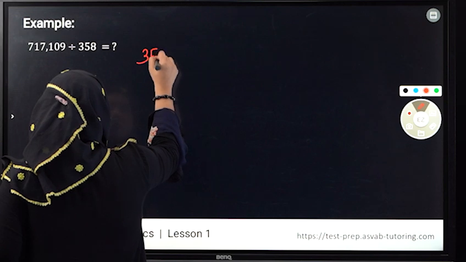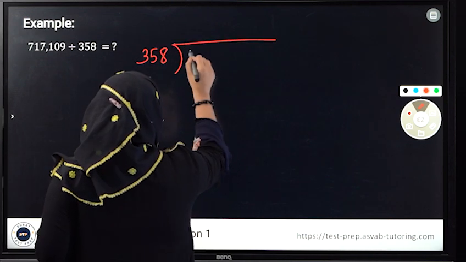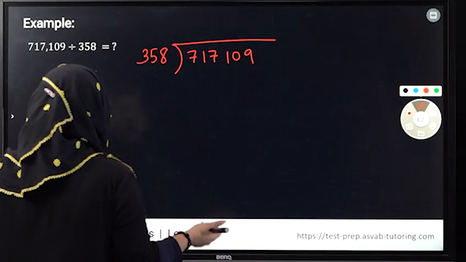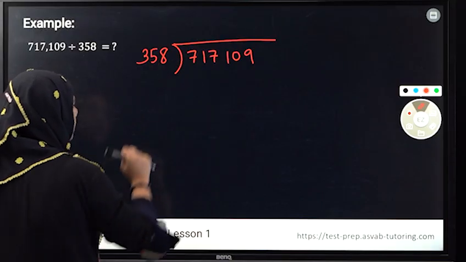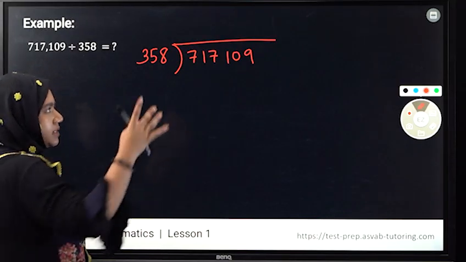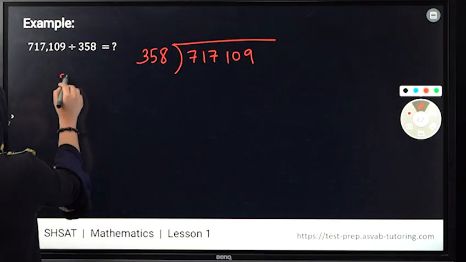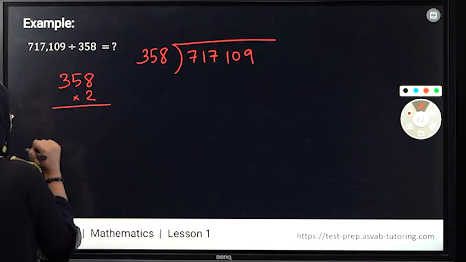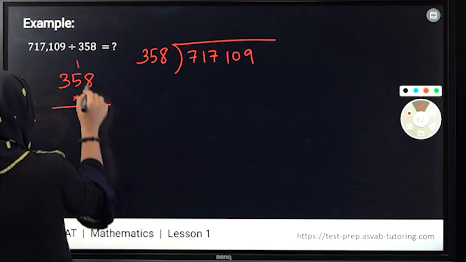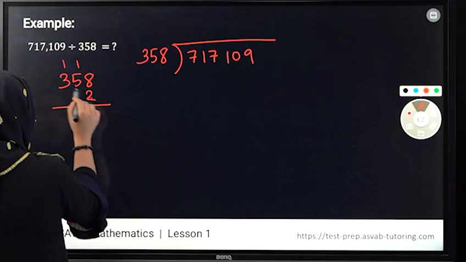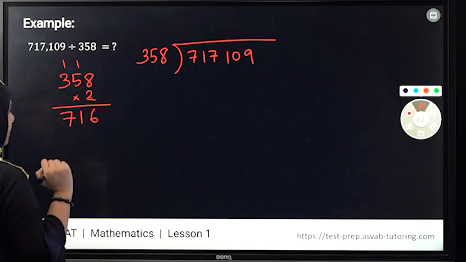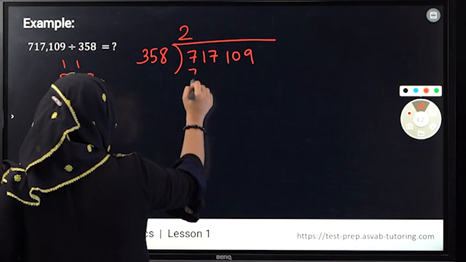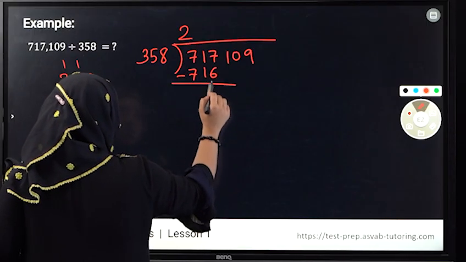We are going to write 358 over here and 717109 over here. Now, first of all, if we just consider 3 and 7, we can write 3 times 2 is 6, right? That's how we can do it. So let me think what 358 times 2 is. Okay, let's see if it matches. So 8 times 2 is 16, carry the 1. 5 times 2 is 10, 10 plus 1 is 11, carry the 1. 3 times 2 is 6, plus 1 is 7. See, it's quite the same. So we can actually put this 2 down and write 716, which gives me a 1,